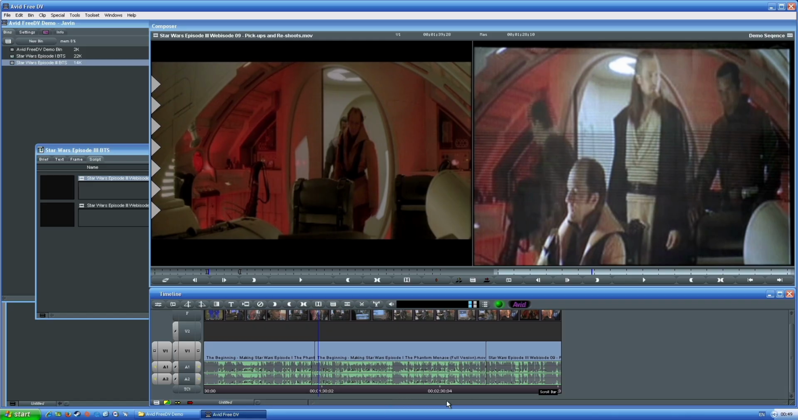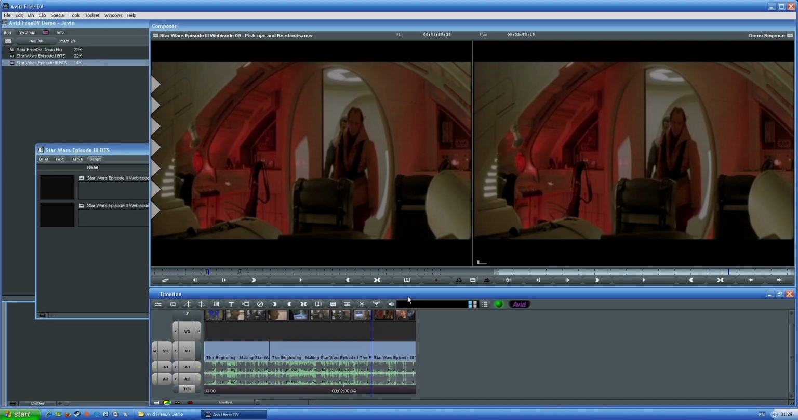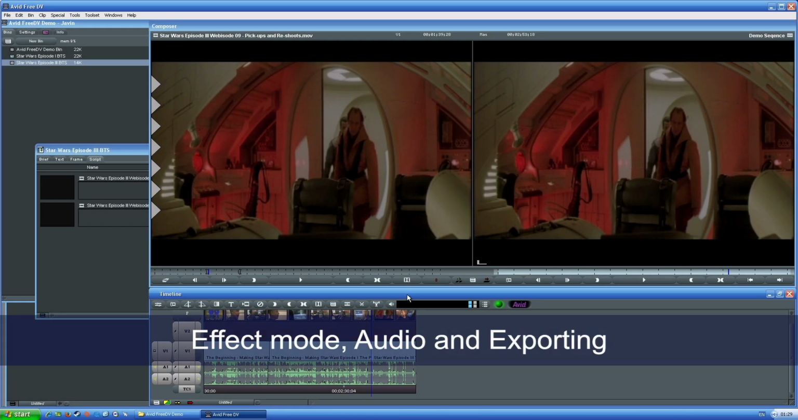So in the next segment we're going to talk a little bit about putting effects on and how to adjust some basic audio. Alright, so just before I start this new segment about the effects mode, audio and exporting,